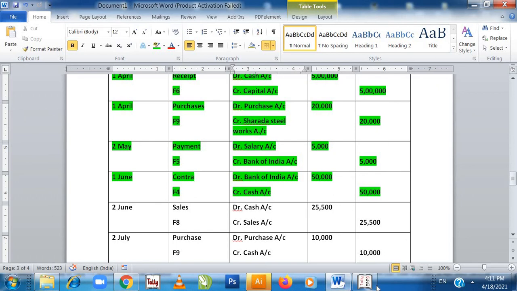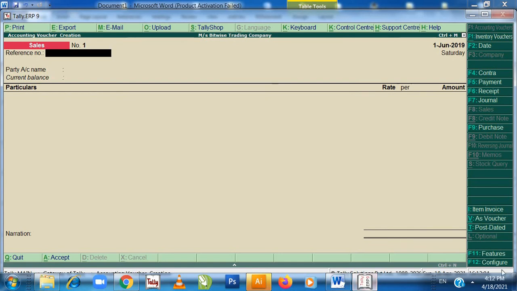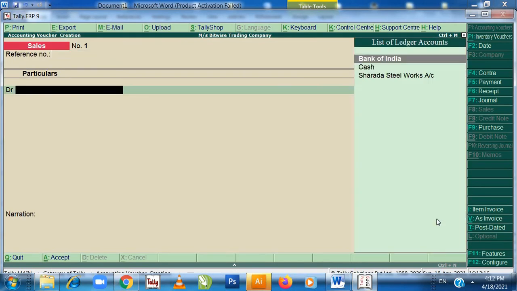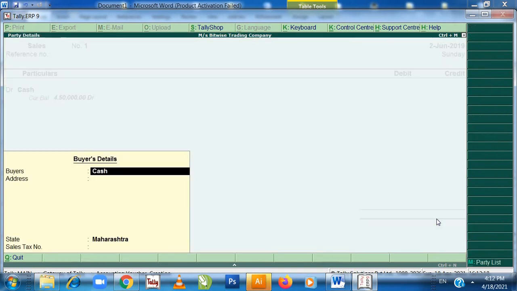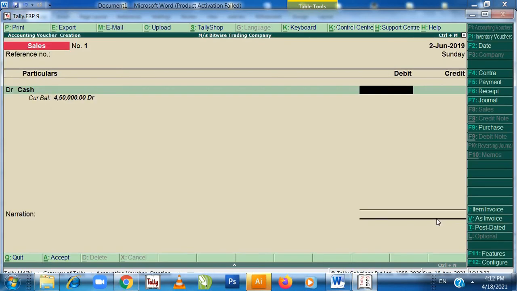So for sales we need to press F8 as voucher. And this has happened on which date? This has happened on 2nd of June. So change the date by pressing F2 to 2nd of June. So entry will be cash account debit to sales. Enter. How much is the amount? 25,500.